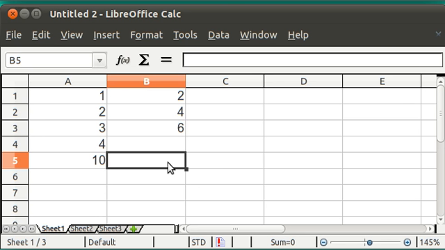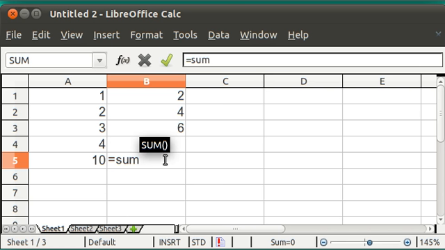This time I'm going to tell it how to add up column B in a different manner. I'm also going to put in equals, but this time I'm going to tell it a function, and the function is sum. The word sum, when I type it in, tells me to enclose some stuff in parentheses. I think you can see in the black box that there is a left and a right parentheses. So I'll start off with the left one,